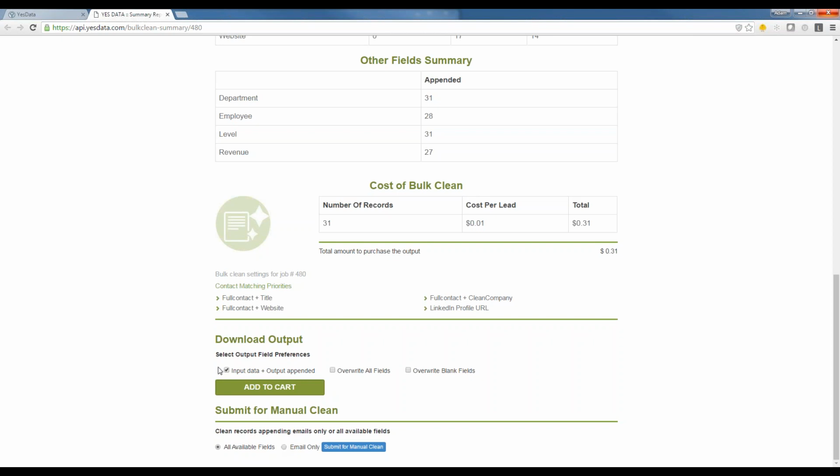So you have the 31 records that you get right away, and then the 345 which go out to get manually cleaned, to be appended with either an email only or all available fields. For today, we will not be doing the manual clean. We'll hit add to cart,